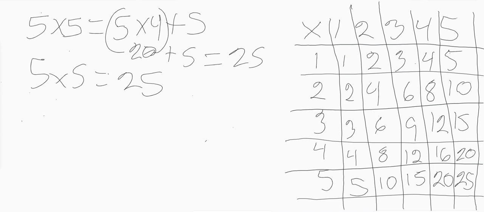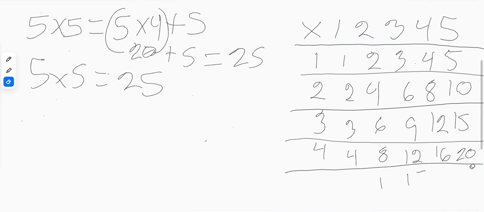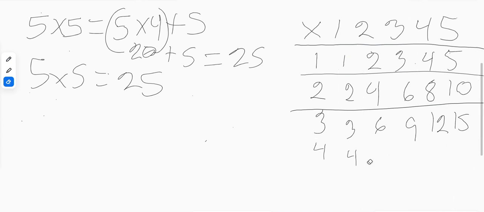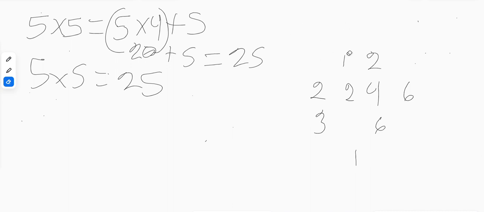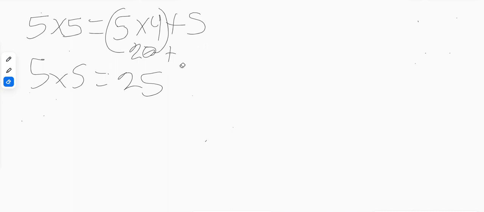Now that we've got the whole table completed, I want to show you some more complex problems that the times table chart's not going to really help you with. We're going to multiply 1, 2, and 3-digit numbers, and I want you guys to practice this with me. As we're doing it, you can pause the video and then pick it back up and see if you get the right answers that I get. I'm going to try my best to explain this to you where you can get it on the first go round. But we're going to start with single digit numbers